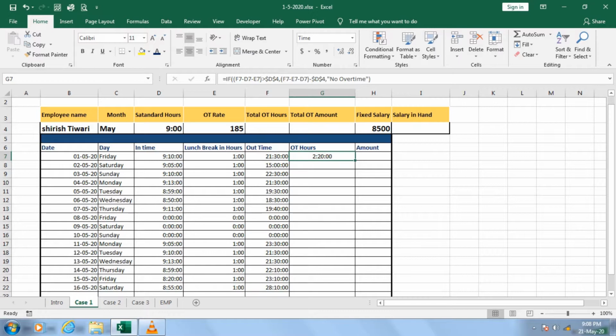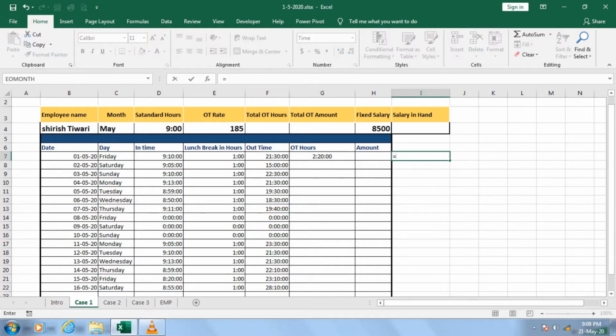Let us understand it manually instead of using this formula. This is the total working hours minus 1, then minus this. So it comes to 11 hours 20 minutes. When I subtract 9 hours from 11 hours 20 minutes, I get 2 hours and 20 minutes.